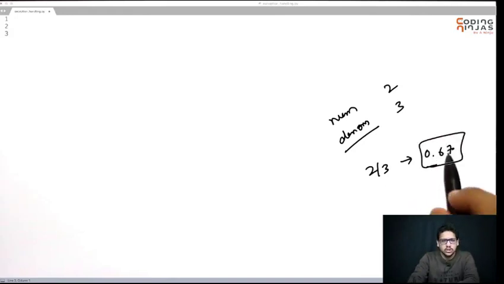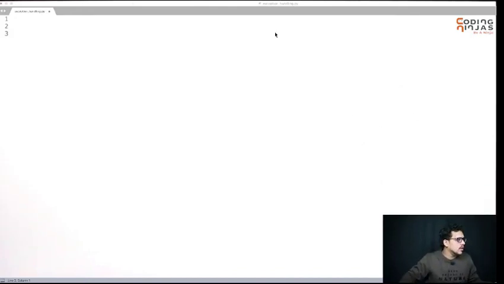Okay. So this is what I am going to do. This is what I am going to write code for. So let's quickly write the code. So let's say I have a numerator. I will take an input, enter the numerator. You can specify this. This will be printed on your terminal like this.